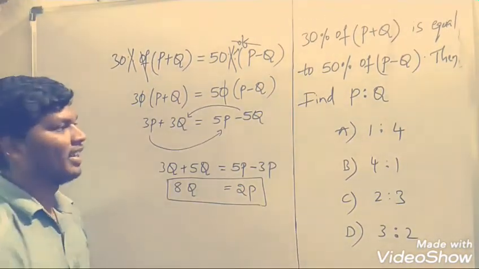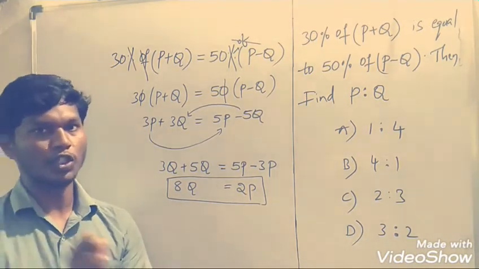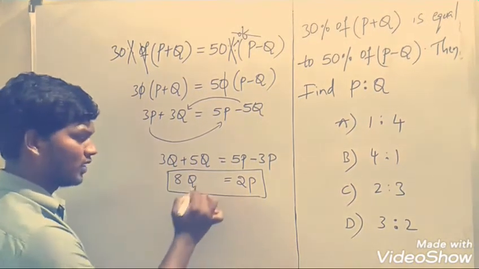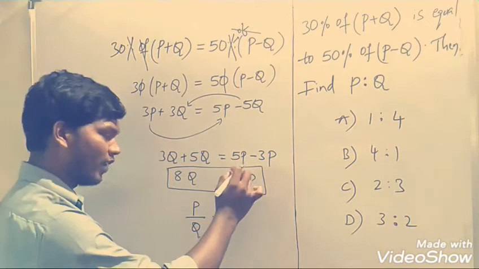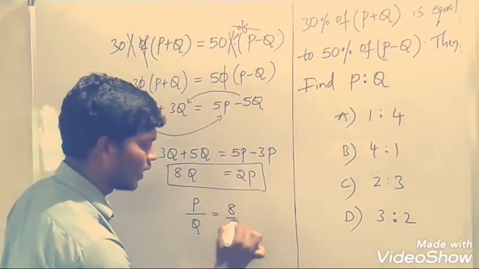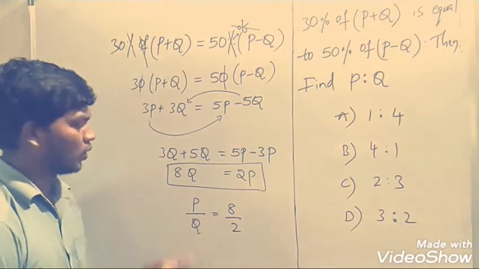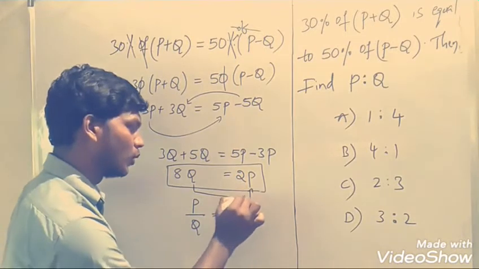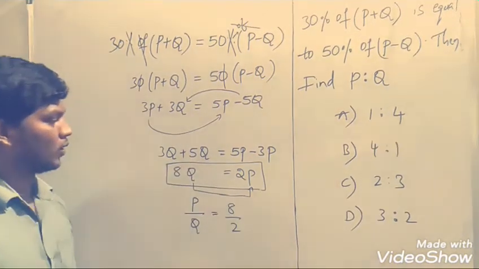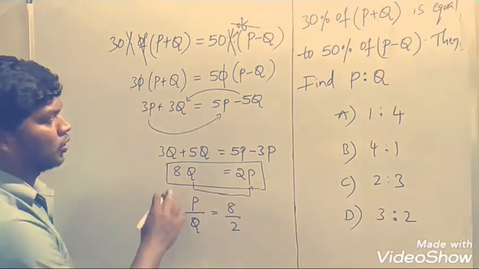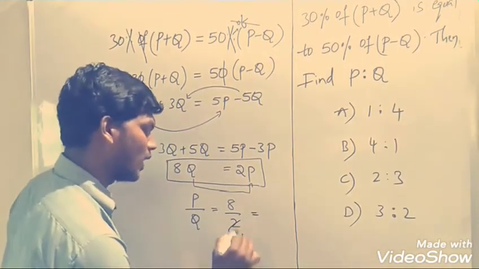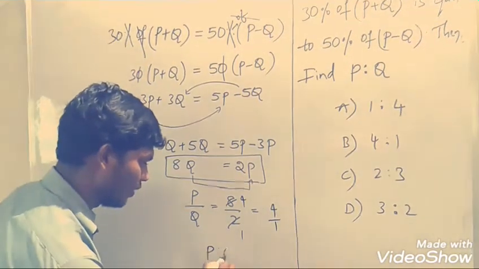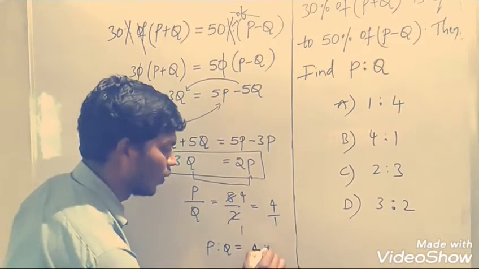So our target is to find the ratio P is to Q, not Q is to P. So P is to Q is equal to, so Q means I have moved this Q to this side, so definitely this 2 will come to this side, so 8 by 2. Okay friends, got it? So our target is to find P by Q. So I have moved this Q to this side and Q to this side. So P by Q is equal to 8 by 2, that is 2 1s are 2, 4s are, so 4 by 1. So then the ratio between P is to Q is equal to 4 is to 1.